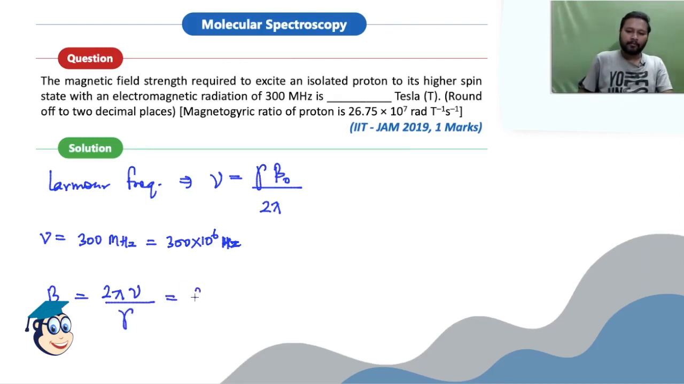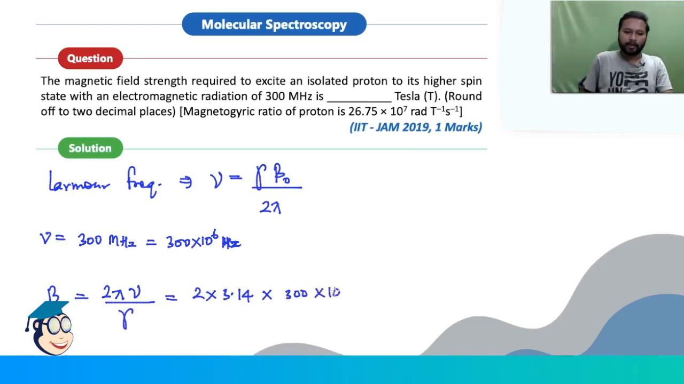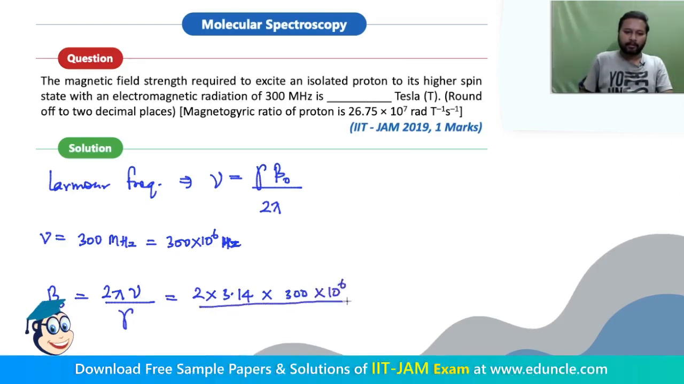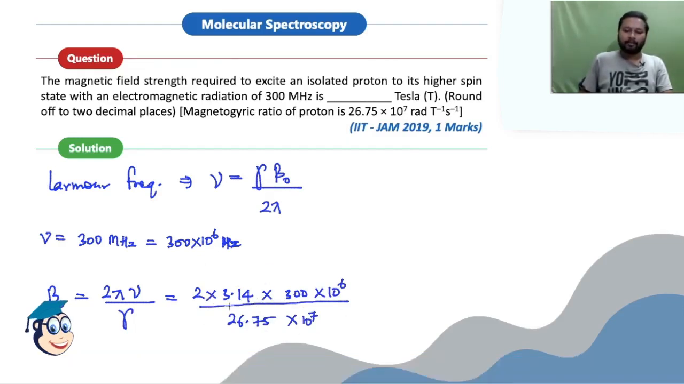So it will be like that only. Pi is 3.14, nu is 300 into 10 to the power 6, divided by the gyromagnetic ratio, that is 26.75 into 10 to the power 7. Just solve this equation. Use the calculator provided in the exam, make the best use of that and solve this, and after solving you will get